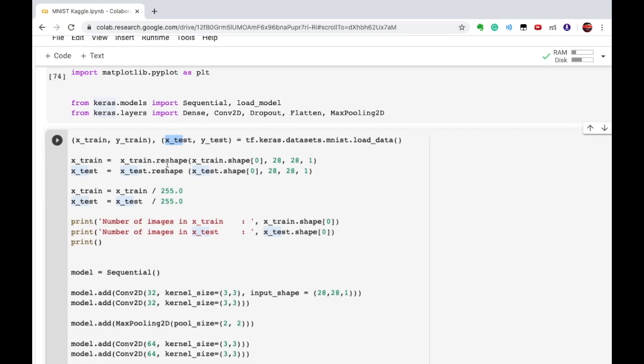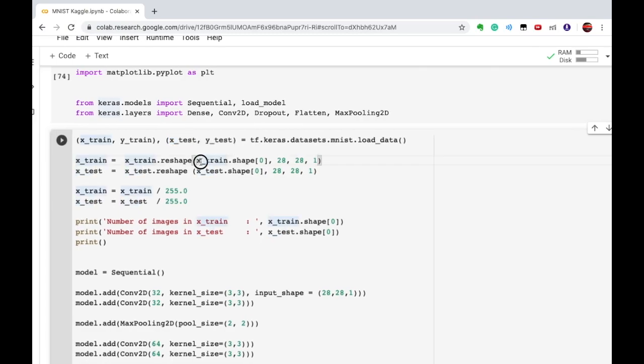After that we need to reshape the dataset to add one dimension. This is mandatory to pass the dataset into the neural network. Our image pixels range from 0 to 255 and we want them within the range 0 to 1, not above that.